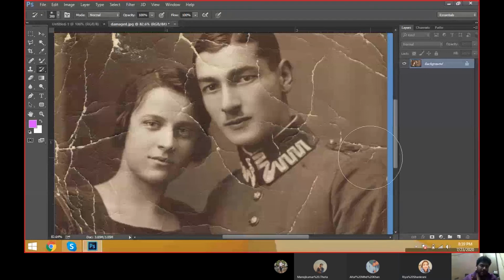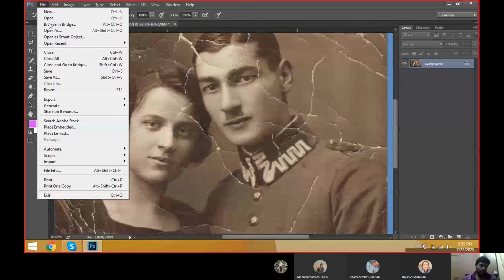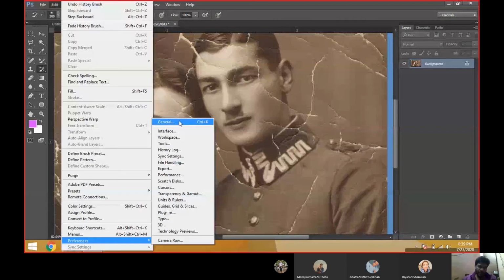How can we increase the number of backward steps, like Control Alt Z? Go to Edit, Preferences, General. Check the categories: interface, workspace, tools, history log, sync settings, file handling, exporting, performance.